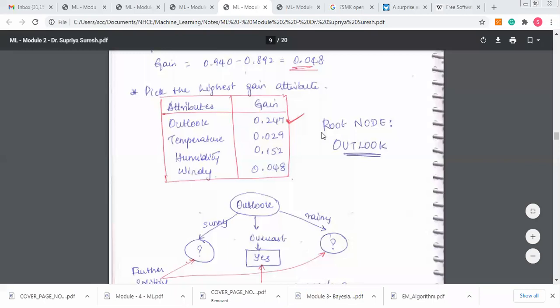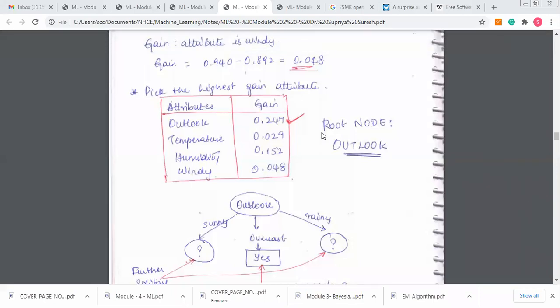So the main important steps that we performed with decision trees started with calculating the entropy. For the given data set, the complete entropy was calculated using the equation: minus p divided by p plus n into log 2 of p divided by p plus n, minus n divided by p plus n into log 2 of n divided by p plus n. Then, the second step was we identified the information entropy of each and every attribute. After doing that, we calculated the gain by taking the entropy minus the information of the attribute. So we subtracted both and got the gain value.